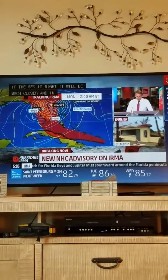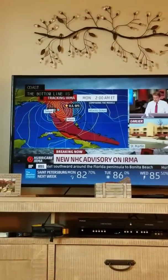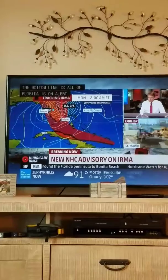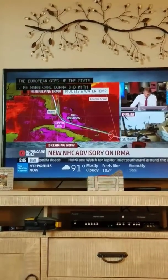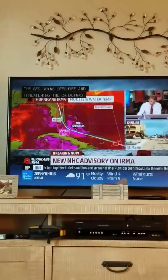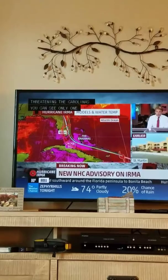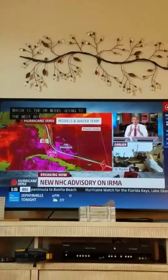All of Florida is on alert from this. And the European goes right up the state, kind of like Hurricane Donna did. The GFS goes offshore and really threatens the Carolinas. So when you see these models, you only see one on there. That's the UK Met model that goes west. Now the European has joined it. Will the other ones continue to shift west, or will they all shift back to the east? We don't know. All of Florida